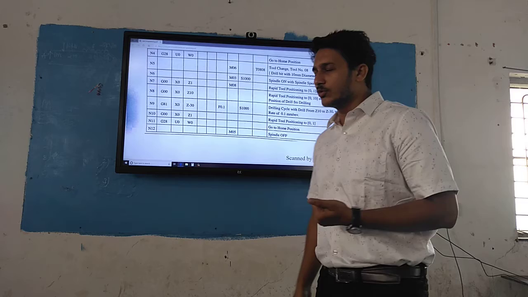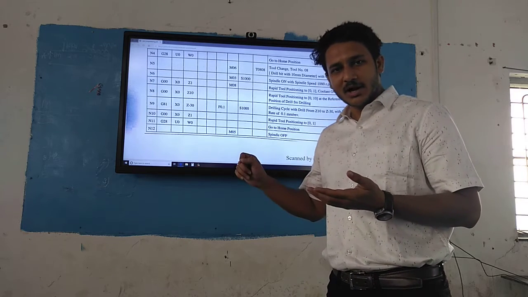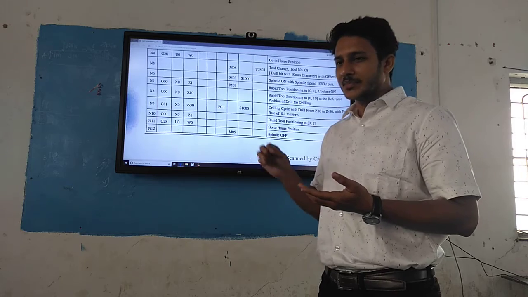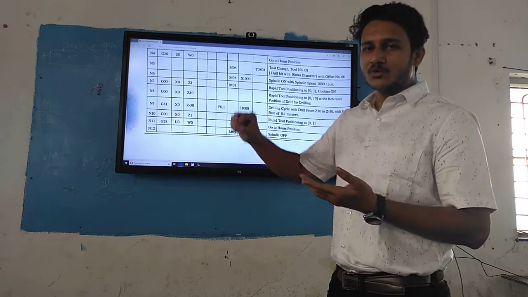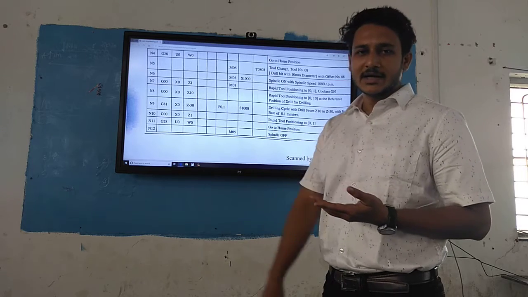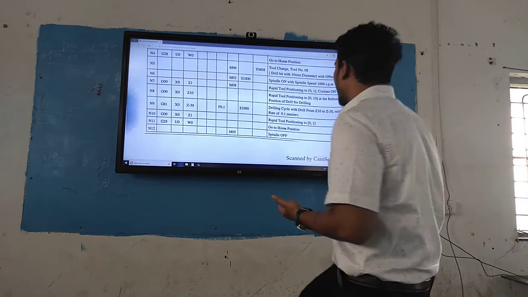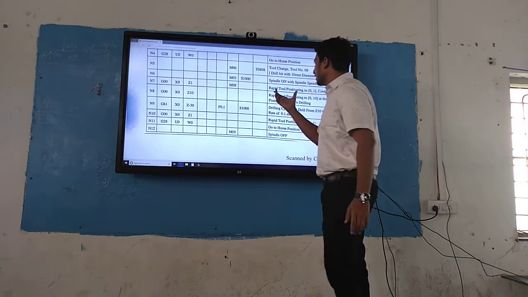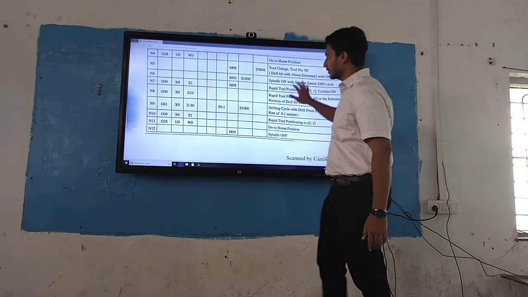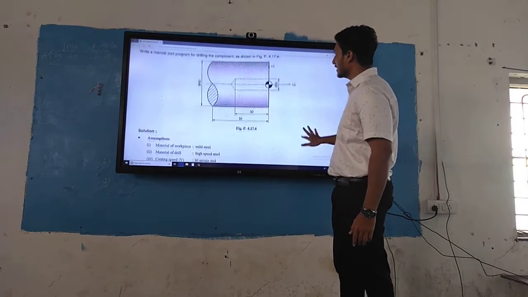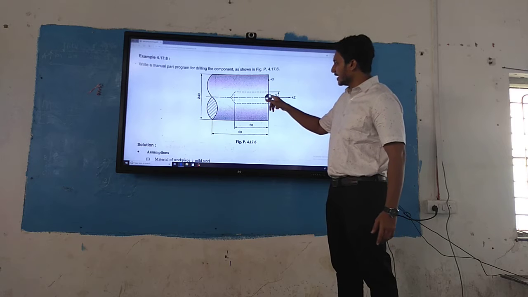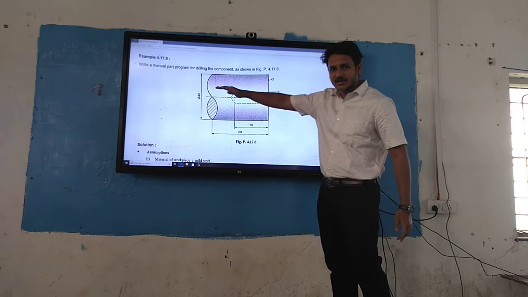Then, my tool is at the home position, G28 U0 W0, but I need to take it from that position to somewhere near my workpiece for the drilling operation. For that we will use rapid tool positioning to X0 and Z1. This is the reference point, this is X0, and we are doing the drilling in this direction.